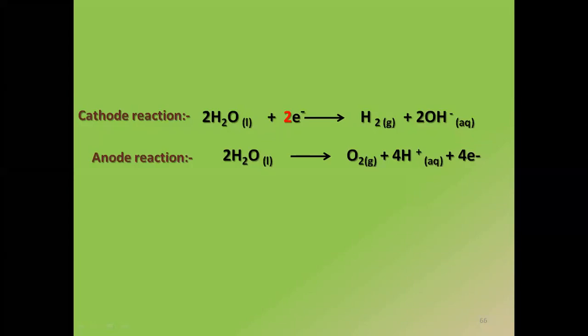So my dear students, while writing cathode and anode reactions, we are writing water because both the things are in water only. And we have to remember one thing: cathode accepts electron and anode donates electron. That is why at cathode, in the reactant side, I have put electron. And in the anode side, in the product side, I have written the electron. And below water, H2O, in bracket, I have written small l. That small l is because it is in liquid state.